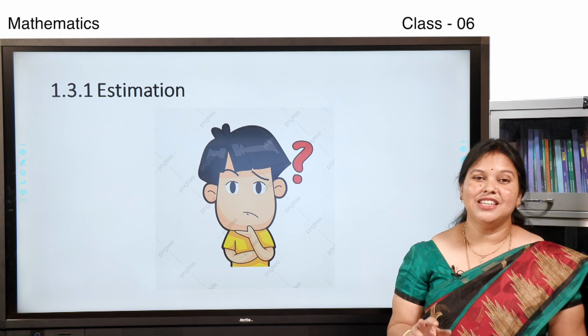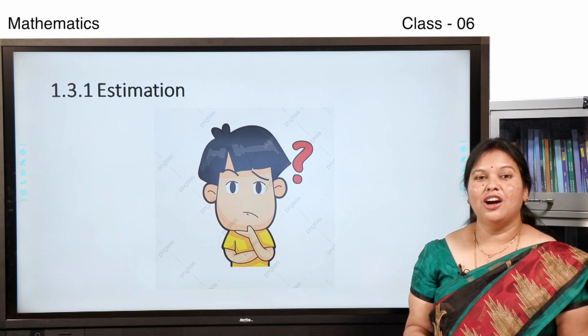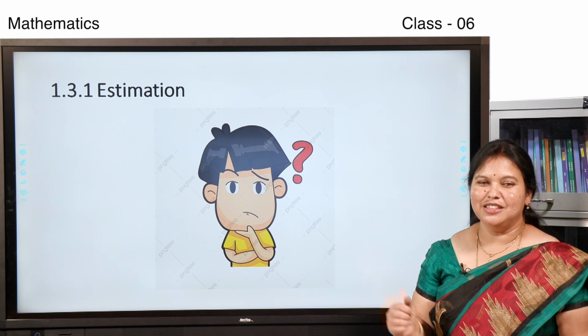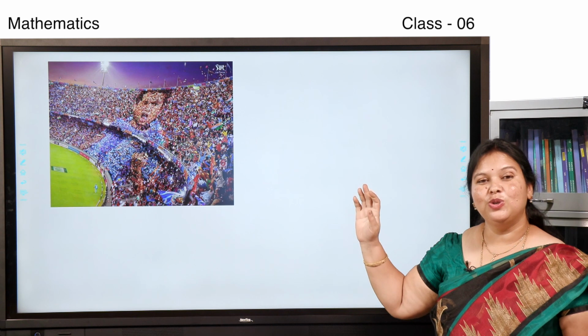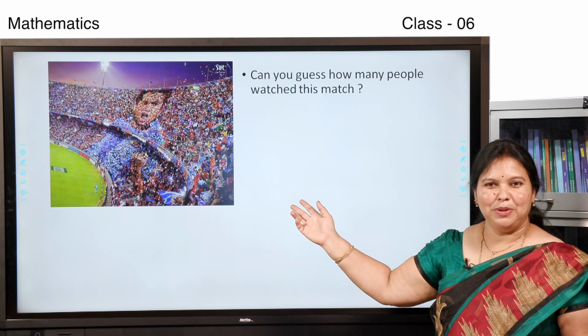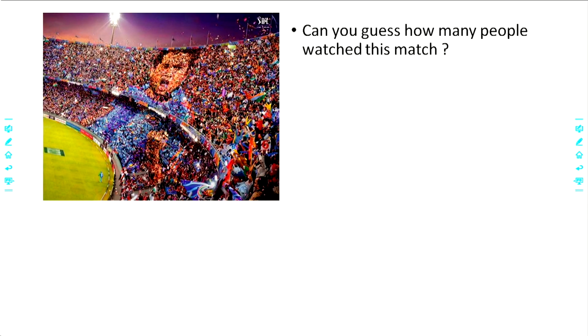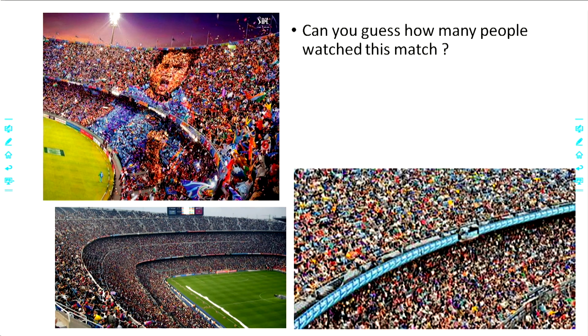So, this type of situation may come in our day-to-day life. In this, how can we use numbers? We will understand by seeing this picture. Yes, it is a cricket stadium with a huge crowd of people. By seeing this, can you guess how many people watched this match? Is it possible to say exact numbers? Can you guess exactly how many people are there in this picture? No, you can't know. But you can say an approximate number of people gathered here, like 1 million, 10 million,